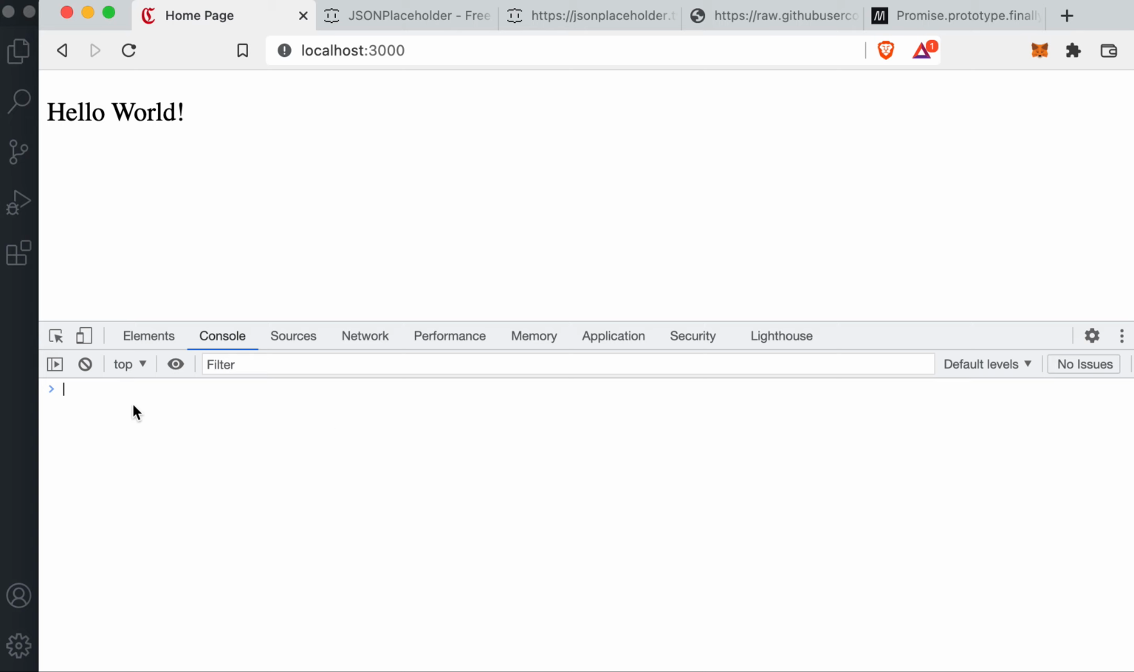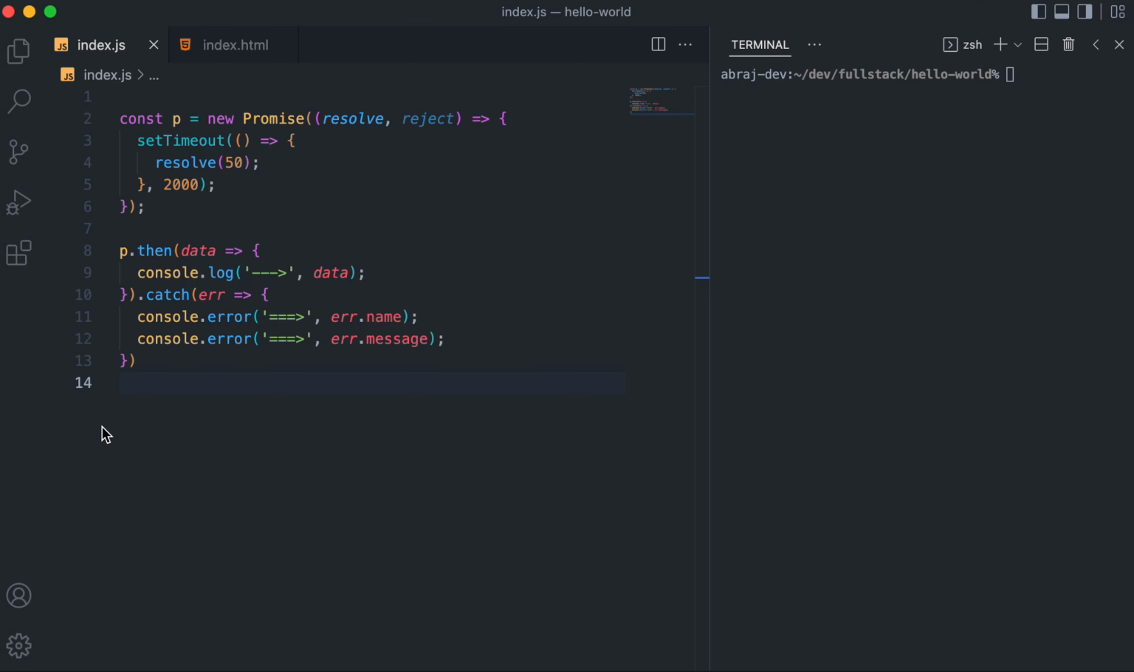So you see that for 2 seconds nothing is there, and after 2 seconds the output came. If you want to see the state of the promise, then you can clearly see that after 2 seconds, okay, so let's keep it 1.5 seconds so that